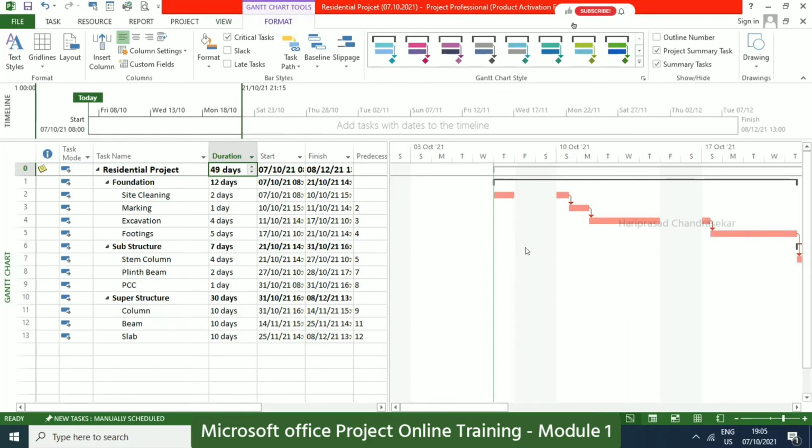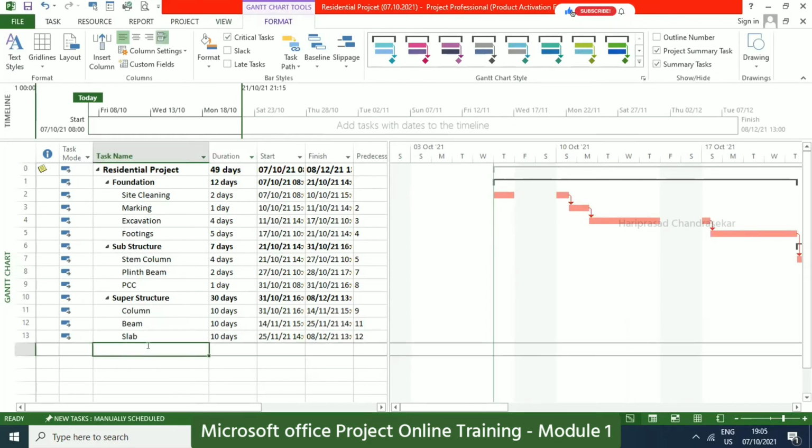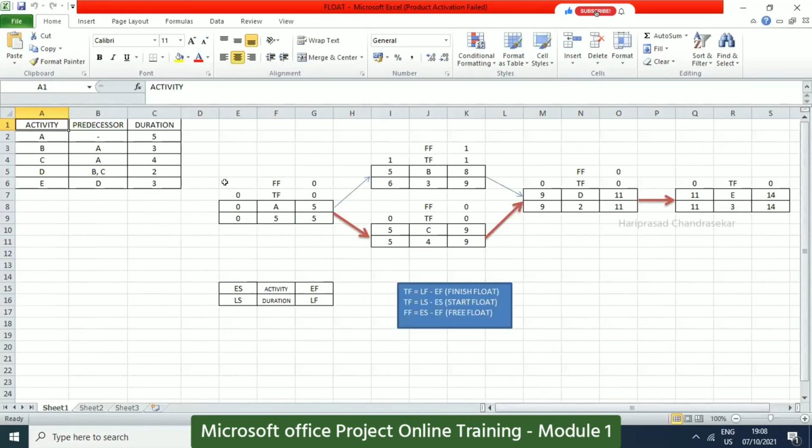Which I will explain with another example. See, you can take this example. Here we have some tasks, 5 tasks, and we also have predecessor and duration. If you are drawing a network diagram, how will you draw? Based on the information, we get the network diagram. From A we have successors B and C. From B and C, we have successor D. From D, we have E as successor.